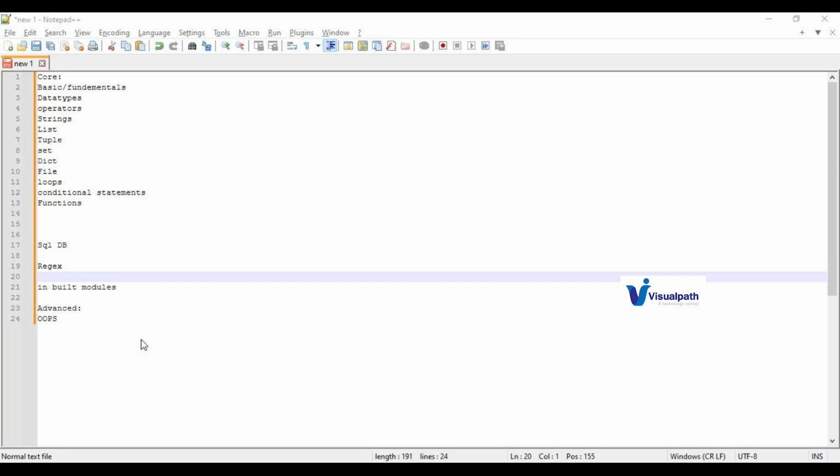And how many days is this course? As I said, it will be around 2.5 months to 3 months. Just to cover the core part, how much time would you require? Around 1.5 months to 2 months. Two months for just the core part? Exactly, I cannot cover it in 1 month, because we are going to discuss in depth. Sometimes in one of the batches they tried to complete it in 1.5 months, but I was not able to. So I definitely need 1.5 to 2 months for core Python itself.